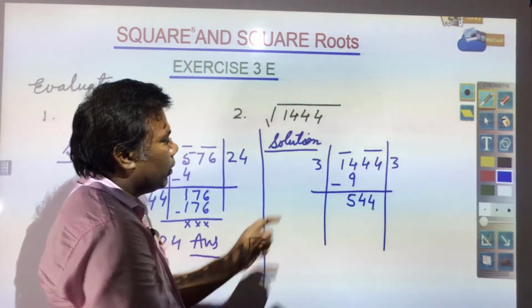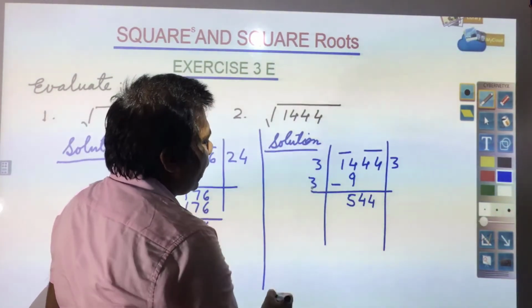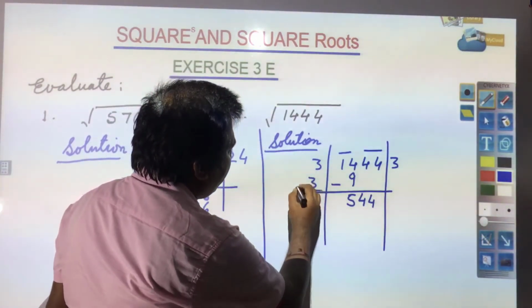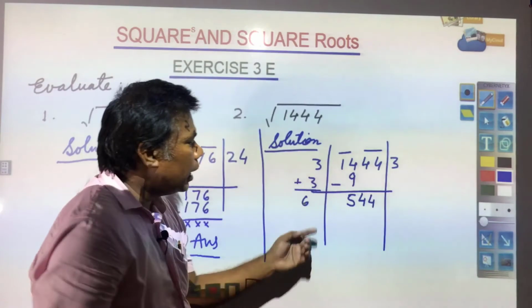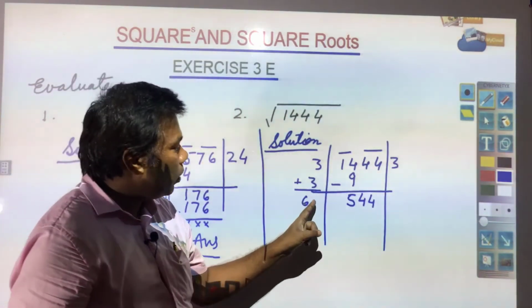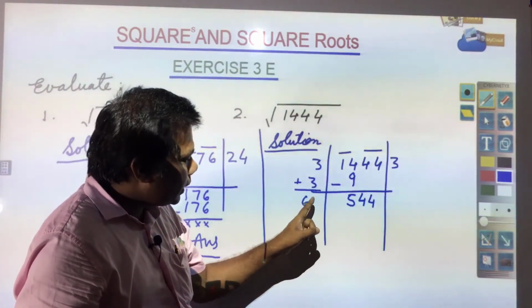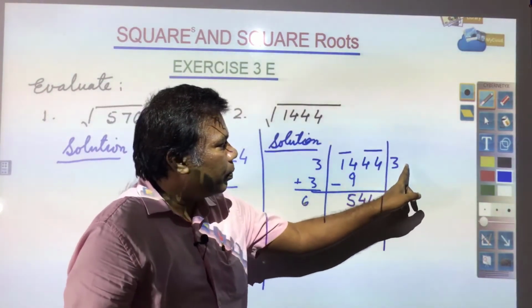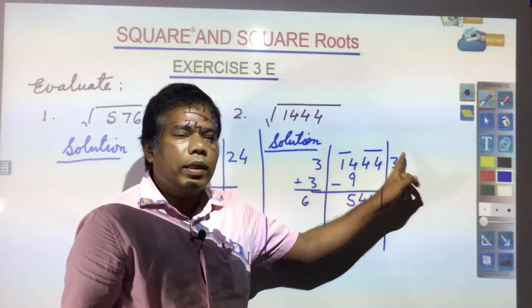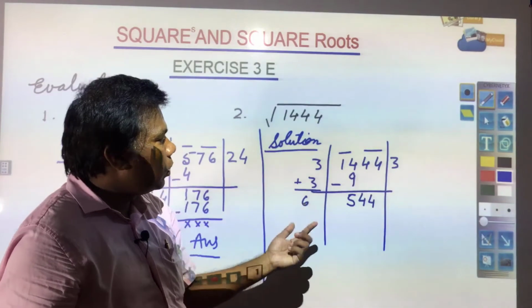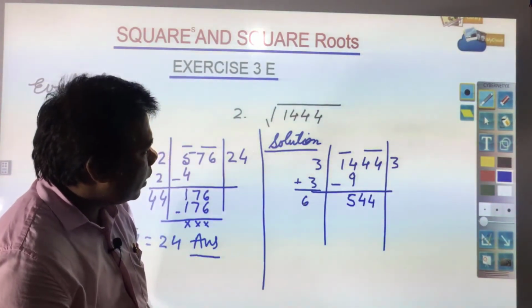Now, this 3 is required to be written over here and should be added. So, you will get 3 and 3 6. Now, you see again what number we will put over here, so that the same number we will put in the quotient also, and with that we need to multiply this.